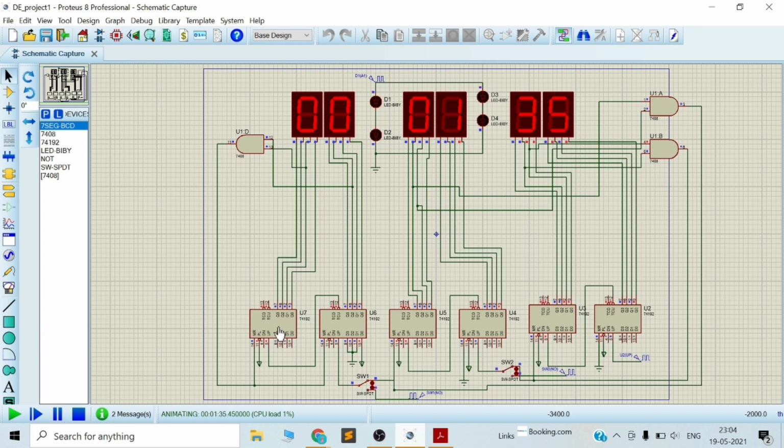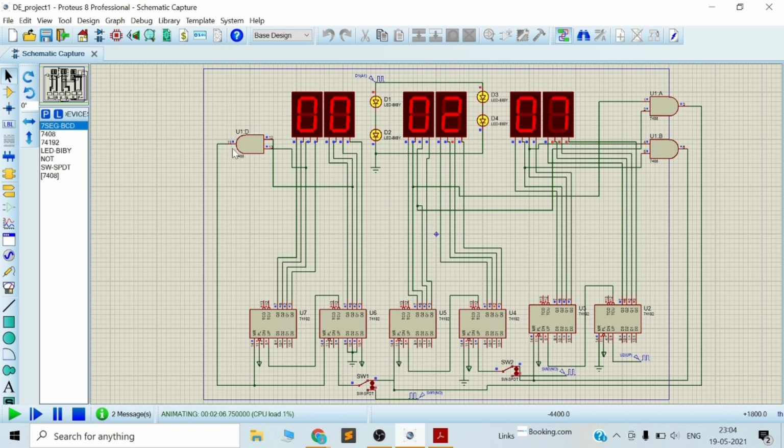Since the circuit is a design of a 24 hour digital clock, there have to be some restrictions to set on both ICs, I mean the sixth and seventh, U6 and U7. So the hour block resets its counting when U6 reaches 0100, meaning 4 in decimal, as there are only 24 hours in a day, and U7 reaches 2 in decimal, meaning 0010. In order to satisfy these conditions, we have used the AND gate.